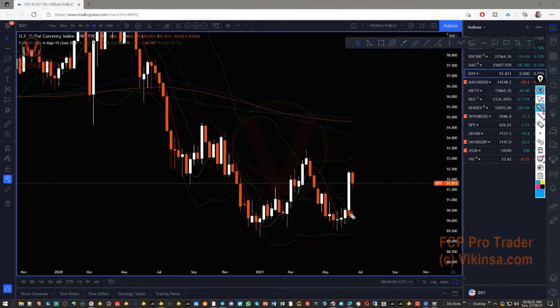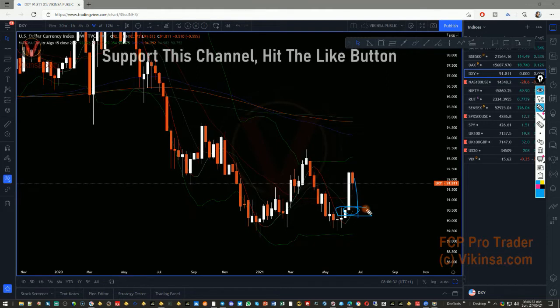In some feeds there is a little gap left here, so there can be a swift move to the downside, so you have to be careful if you're long on dollar or if you're using dollar for analyzing other currency pairs or other markets. Then you have to be careful with this, especially there is news coming on gold this week, which is kind of important news. And there is a lot of perception that gold and dollar are inversely correlated, so you have to be extra careful with that news. The market can come down to close this gap.